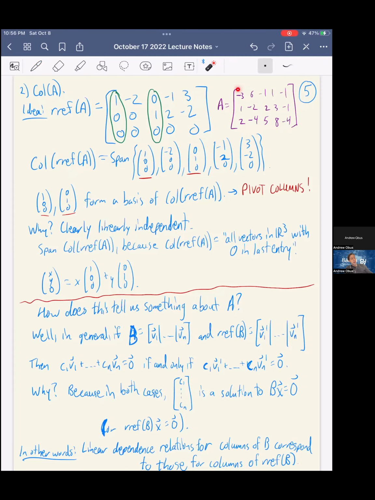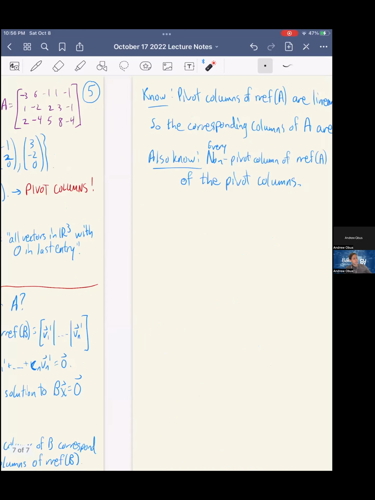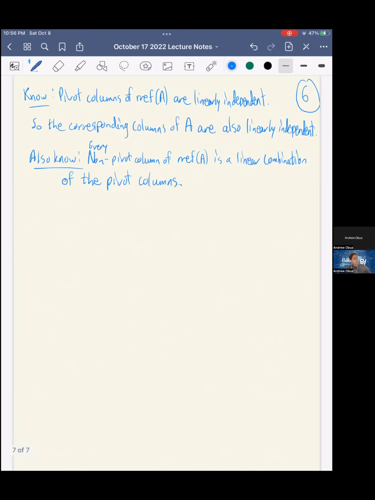It has to be -1 of the first column plus 2 of this second column. And it turns out that that's going to be right. You can verify that this fourth column of A is -1 times the first column plus 2 times the second column. So the upshot here is that the same must hold